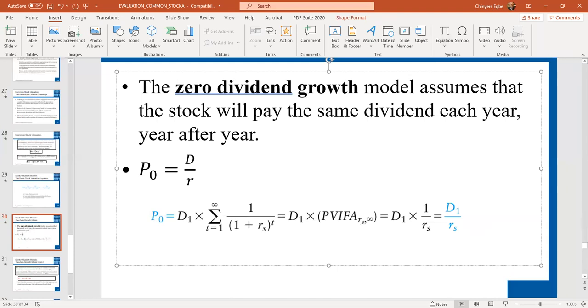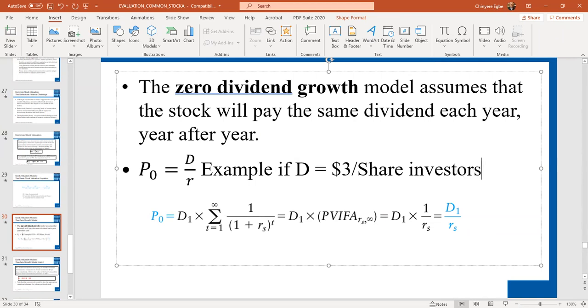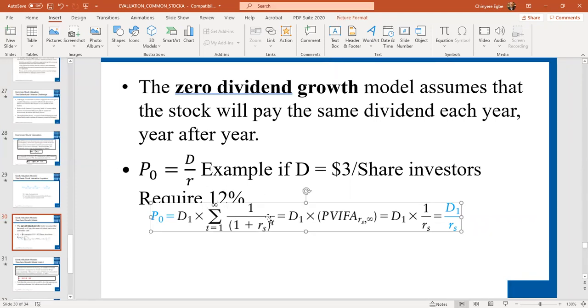But if it's a zero growth stock, then this dividend will not grow. So for example, if D is equal to $3 per share forever, and investors require a 12% rate of return,